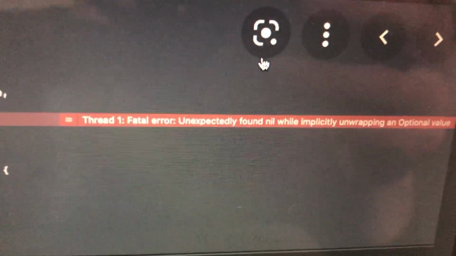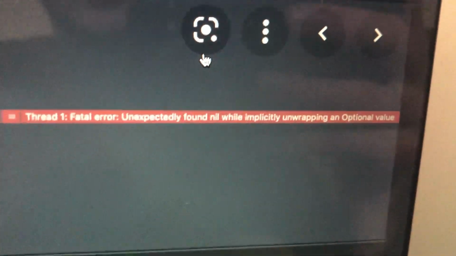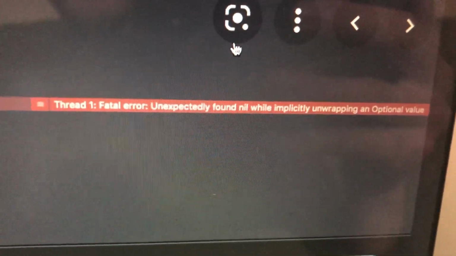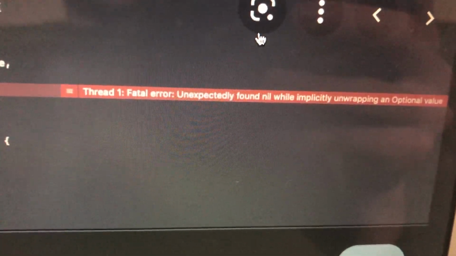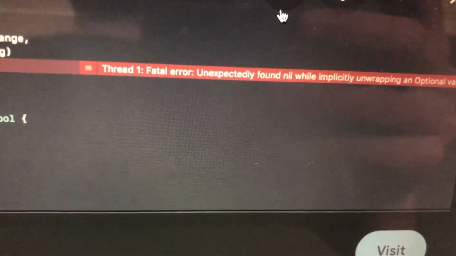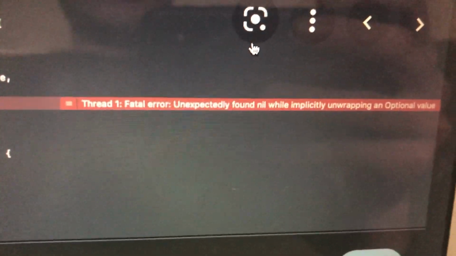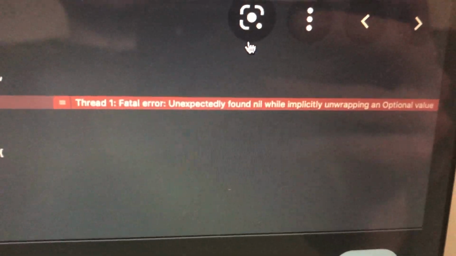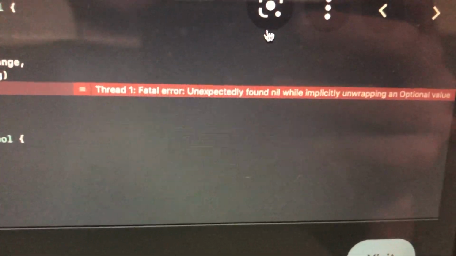Fatal error: unexpectedly found nil while implicitly unwrapping an optional value. So mostly it just happens because when you use your var or let, it doesn't have any value, so it's also nil. You could see this error when you